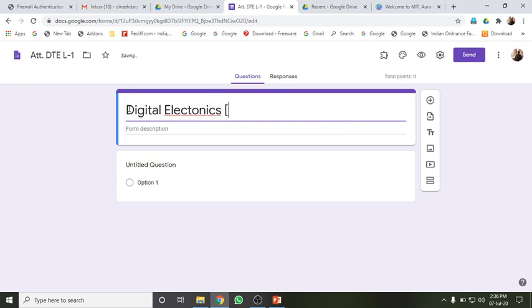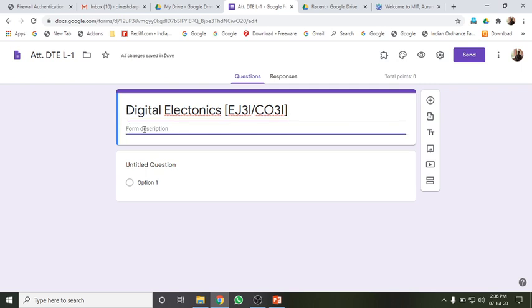And the classes, EJ3I, CO3I. You can add the description that this form is for marking the attendance.